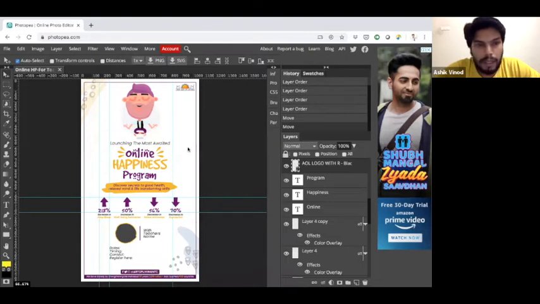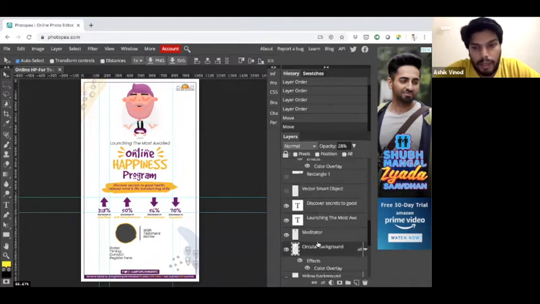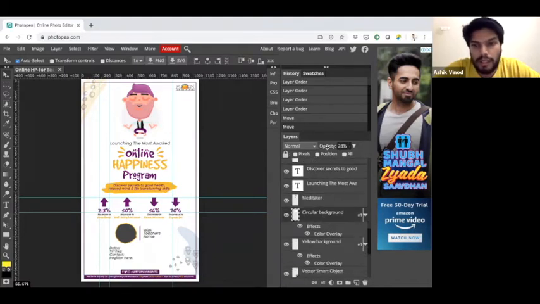Now, coming to opacity, another way of selecting a layer is to right click on the layer and click on the layer name. So you get the circular background here. Now you can see there is an opacity here. If I increase the opacity, you can see that the darkness behind that meditator is increasing and decreasing.